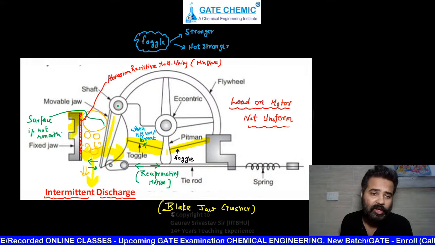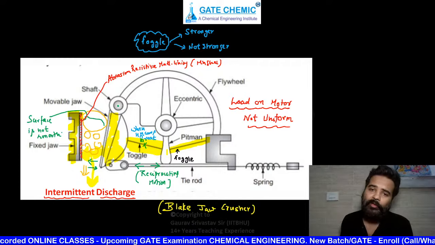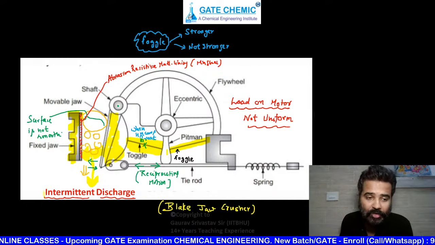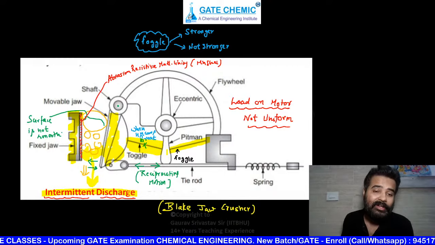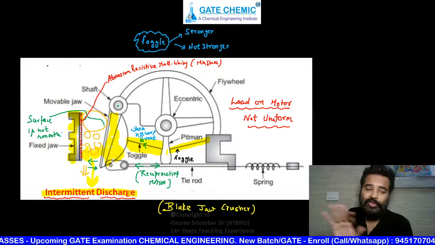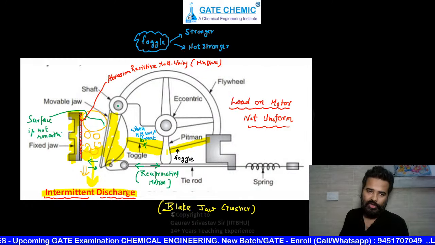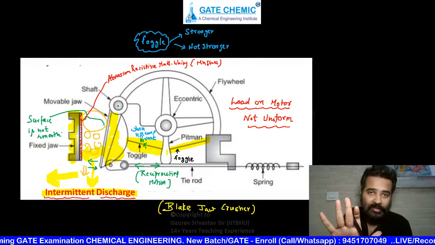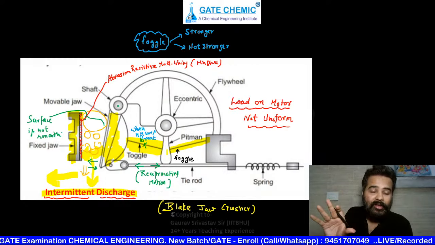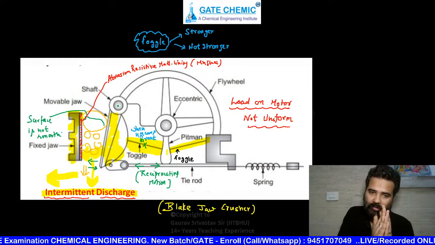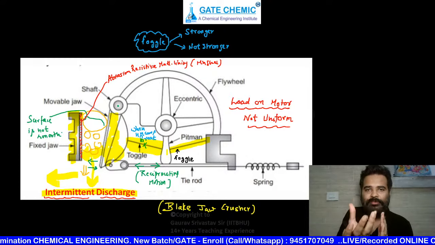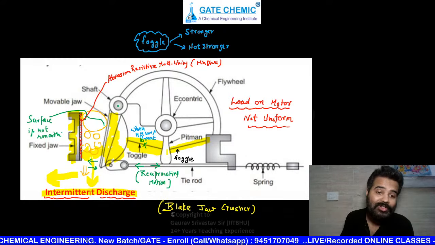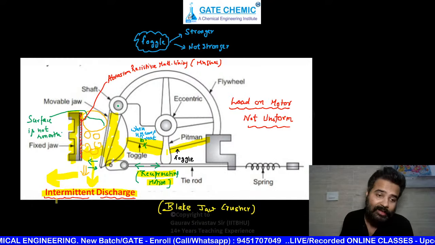Clearly, one is the fixed jaw and the second one is the movable jaw, and nothing here is special that you need to remember. One more thing you need to remember is that the discharge from a jaw crusher is intermittent. Intermittent means not continuous. When the jaw goes in this direction, it crushes, presses and compresses that feed, and it is crushed there. When it goes in back motion, the crushed particles are not discharged from the bottom. This forward and backward motion is known as reciprocating motion. That's why the discharge is intermittent.